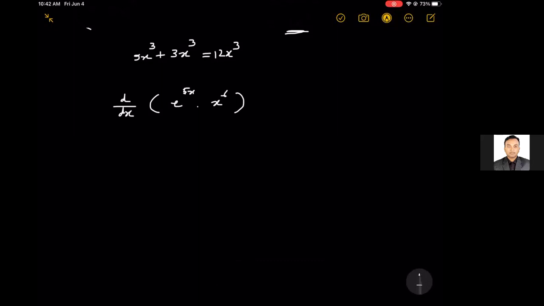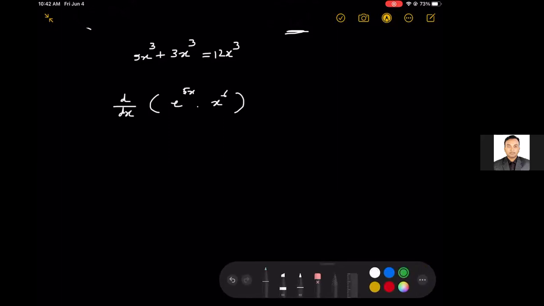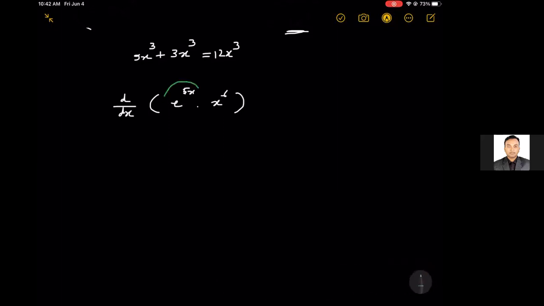Okay. And as you can see, this function has two parts working as a product. So we can use the product rule now. Whenever you see this, when a function can be subdivided into two parts or more than one parts, where they're working as a product, we can actually use the product rule to make our life easier. Okay, let's do that. So obviously,